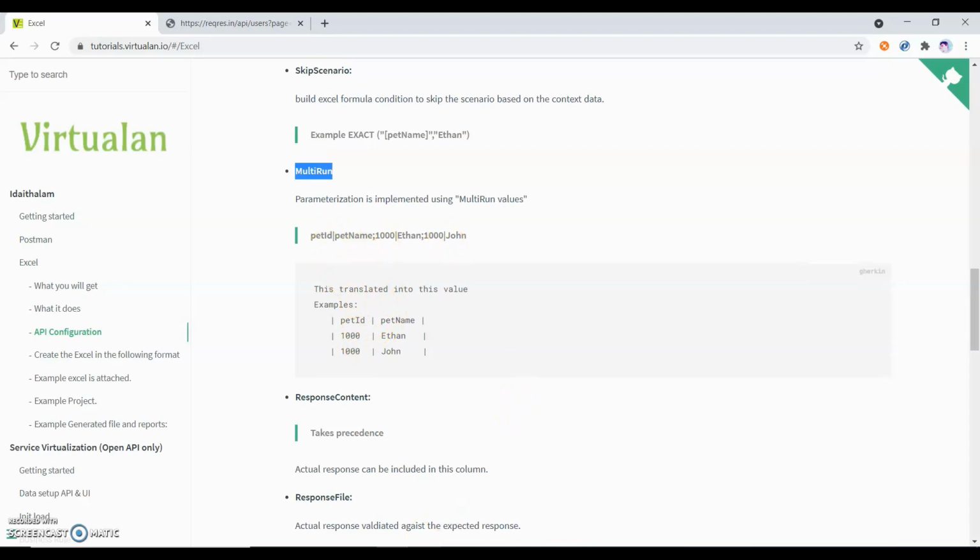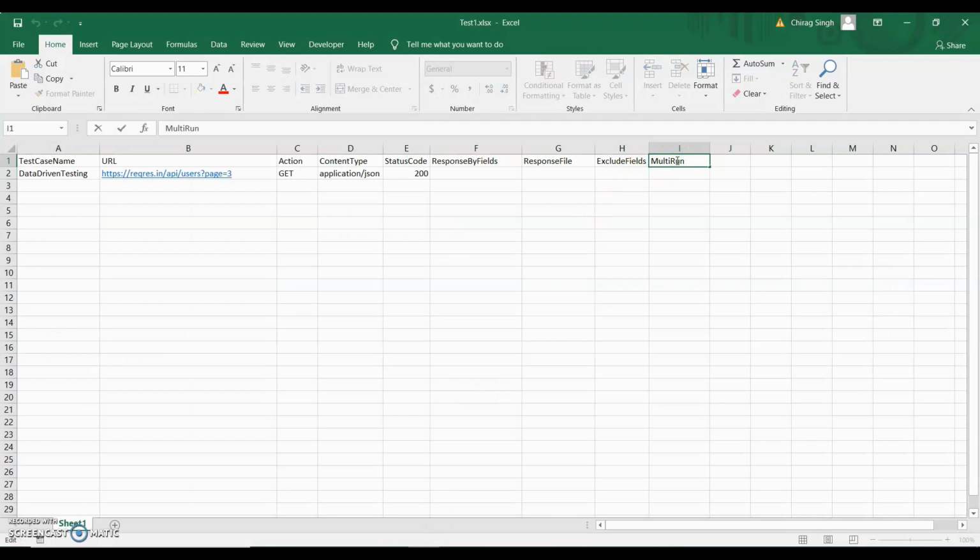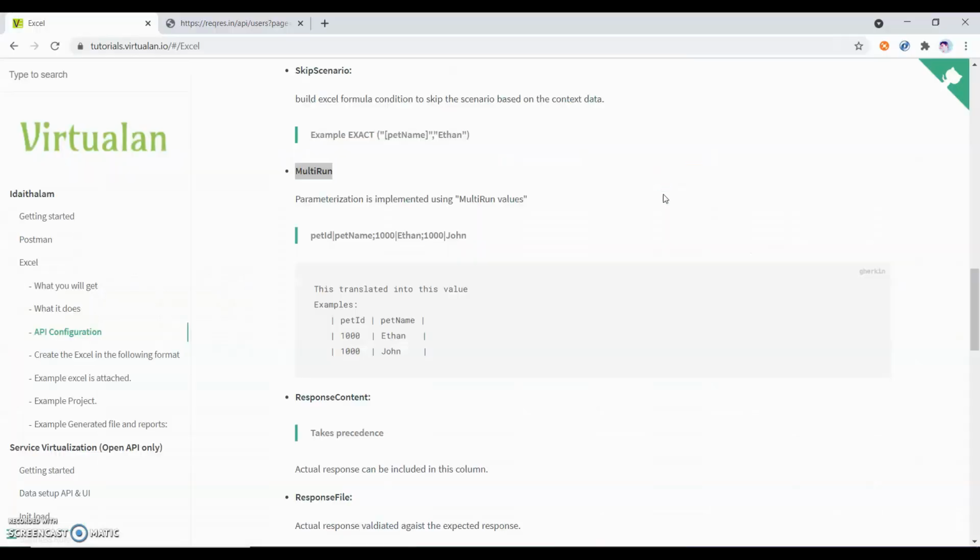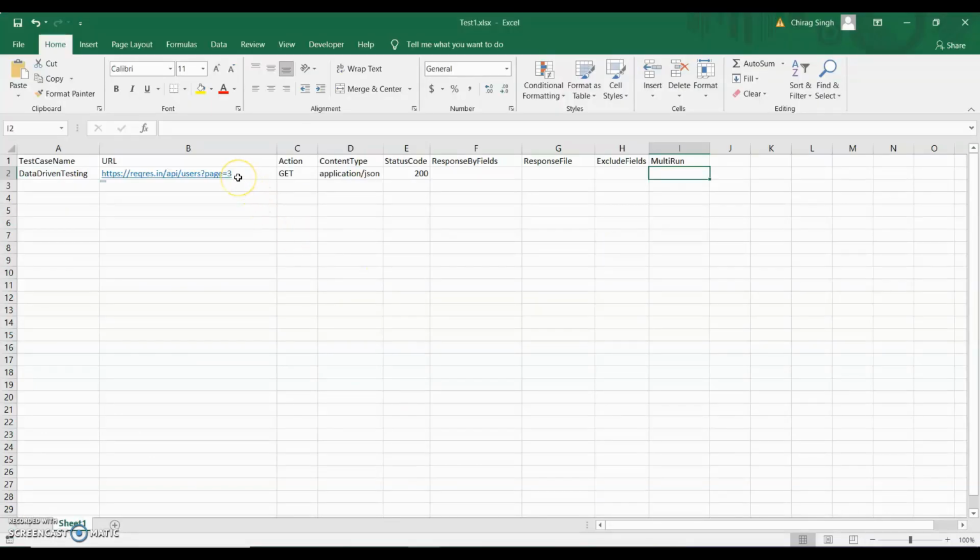Let me copy this multi-run here. What will be my syntax? I need to pass the page with different data, so I take a variable name, which is page num.